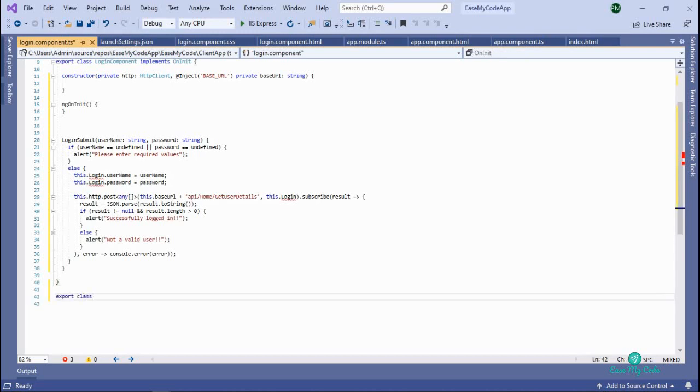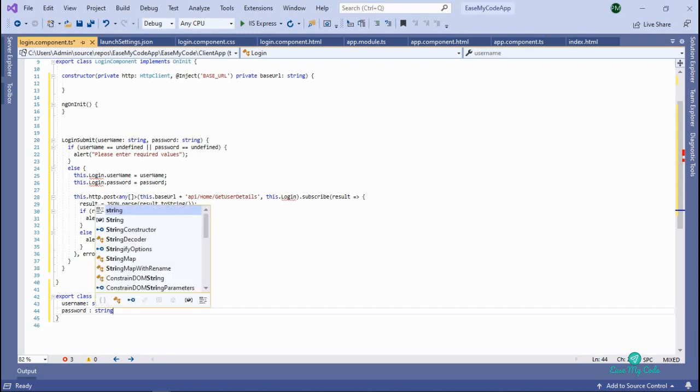Export class login. In here we need only two variables, so let me add a username which is of type string, and let me add password which is again of type string.